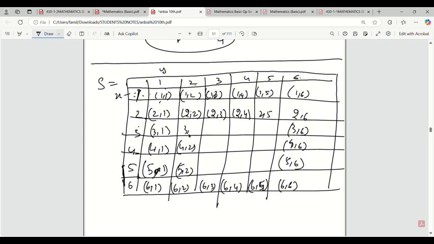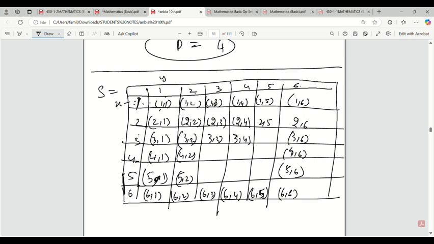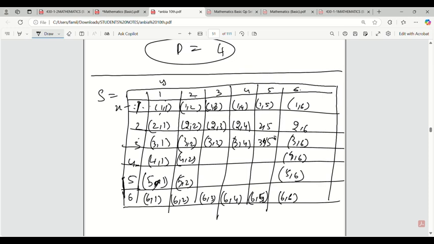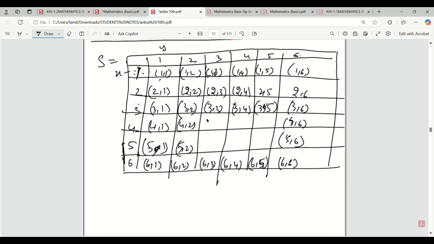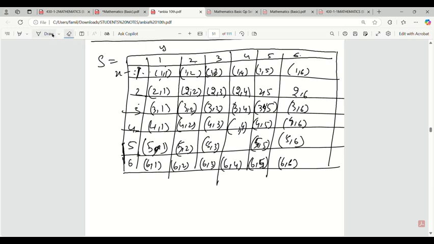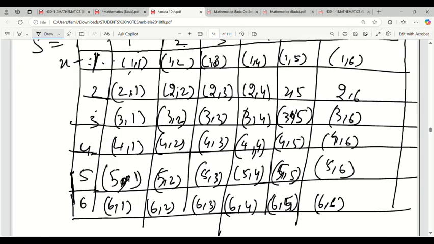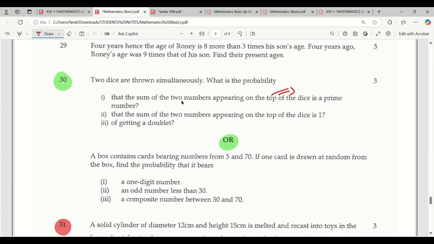5. Somewhere I am not keeping the bracket, so you have to keep it, but I am not keeping it for now. 5 comma 2, 4 comma 2, 3 comma 2, 3 comma 3, 3 comma 4, 3 comma 5. Okay. This is 4 comma 4. Now